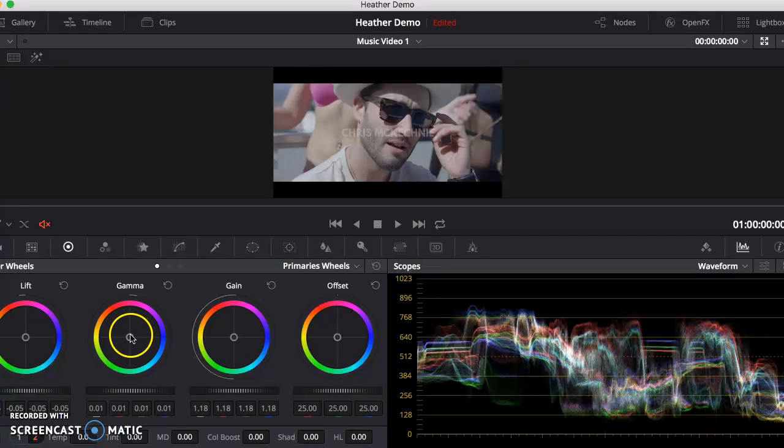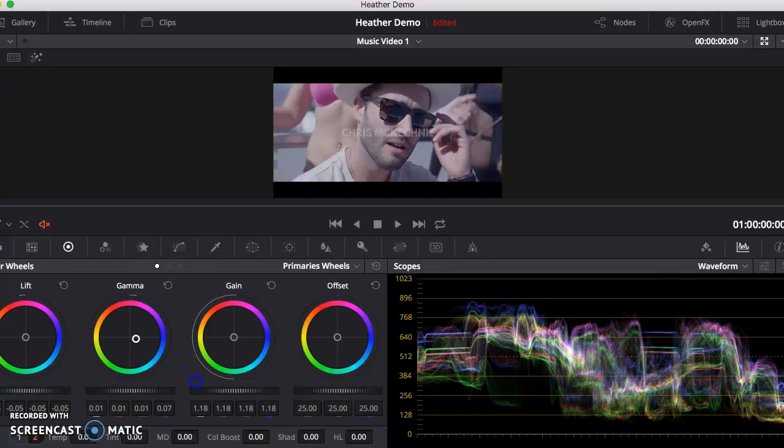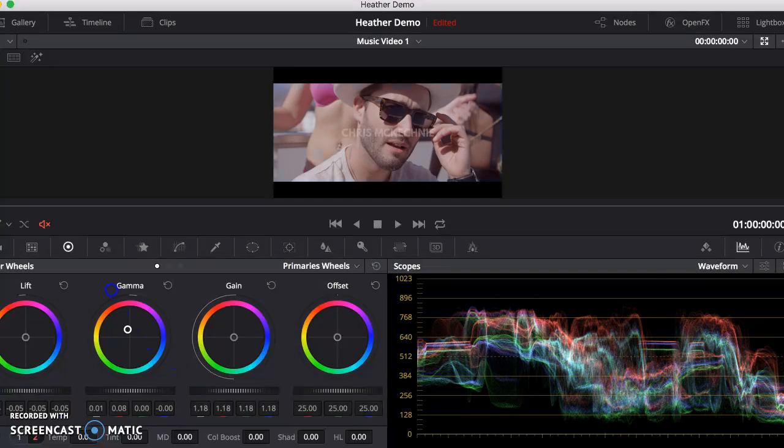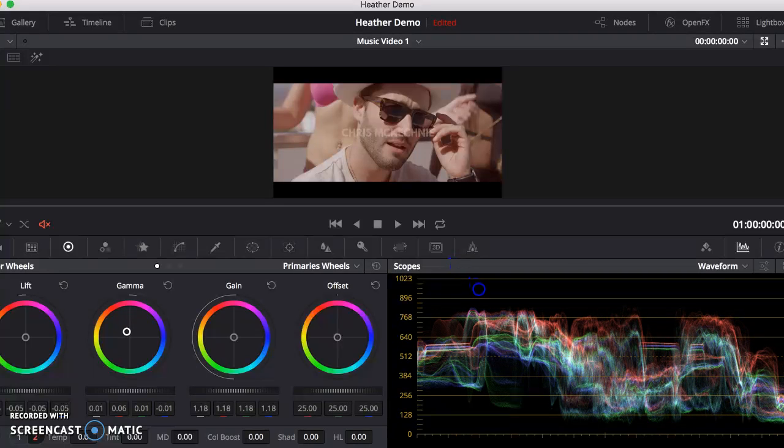use this center area to affect the midtones, add a little more pink to his skin. You can make things bluer. So you can kind of see that you can warm things way, way up here, going over to yellow and gold. You're thinking this might be the way that you color correct, but there's a much easier way. But a lot of times you want to add a little more pink or red to the cheeks, and you